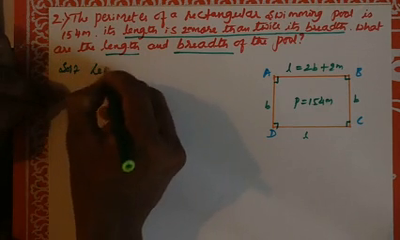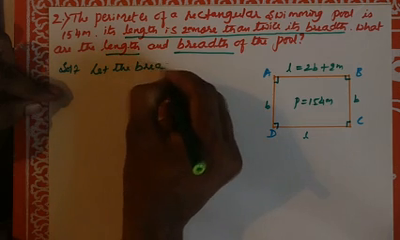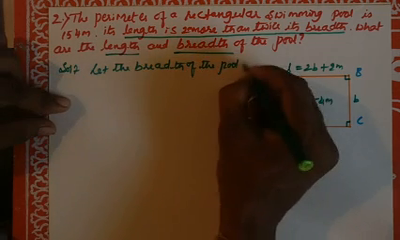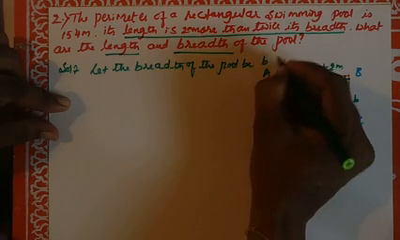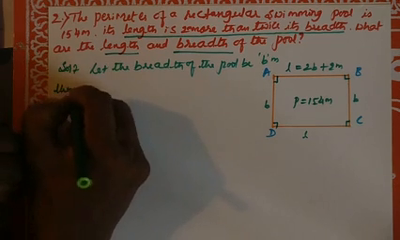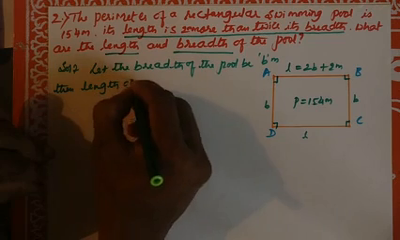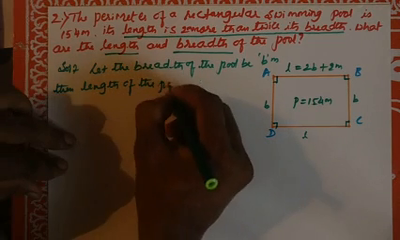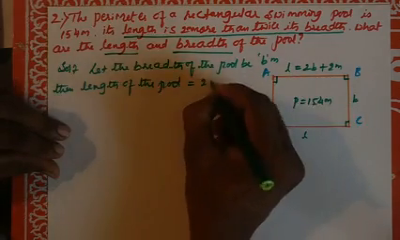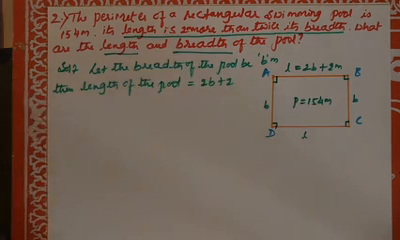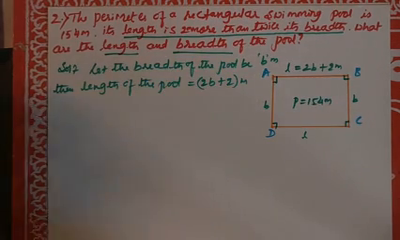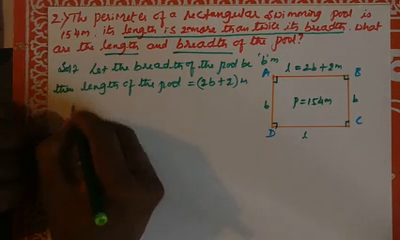Let the breadth of the pool be b meter. Then the length of the pool is 2b plus 2 meter. Is it right? Okay, we know that